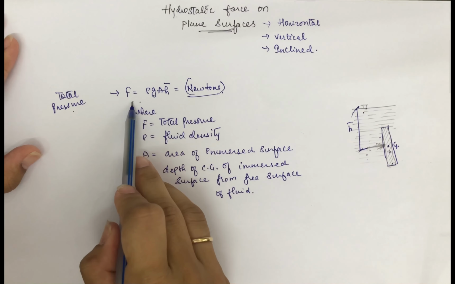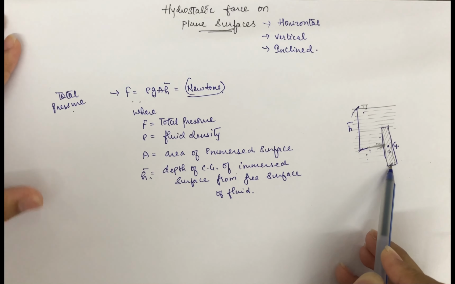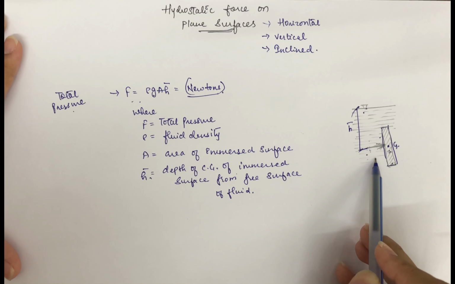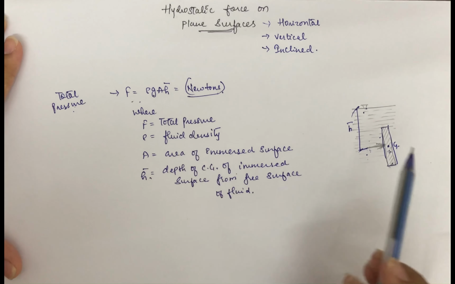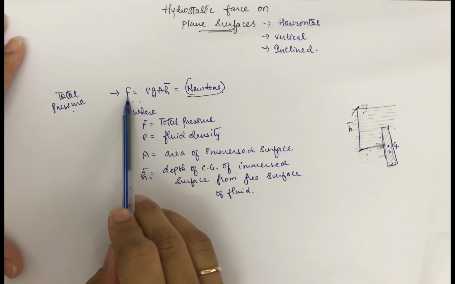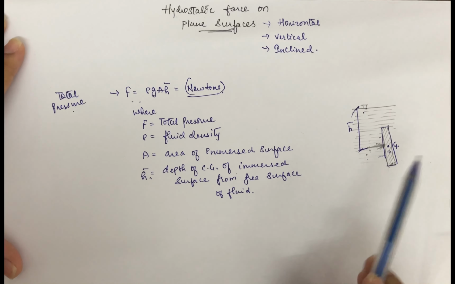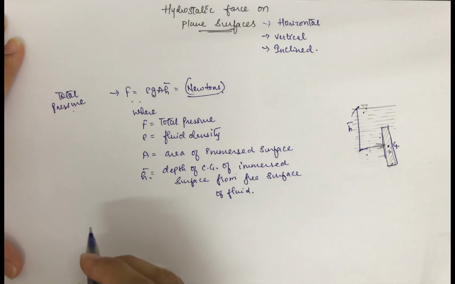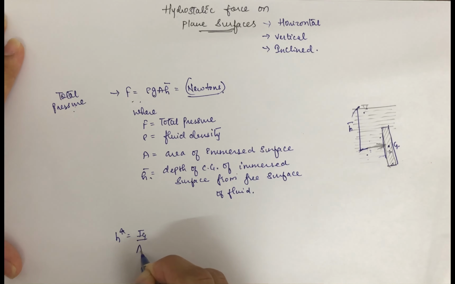Now once the total force which is exerted by the fluid on the immersed surface is known, we need to determine the point of application of this total pressure. So we need to locate the point at which this total pressure will be exerted on this plane surface, and for that we have the formula H star = Ig upon A h bar plus h bar,